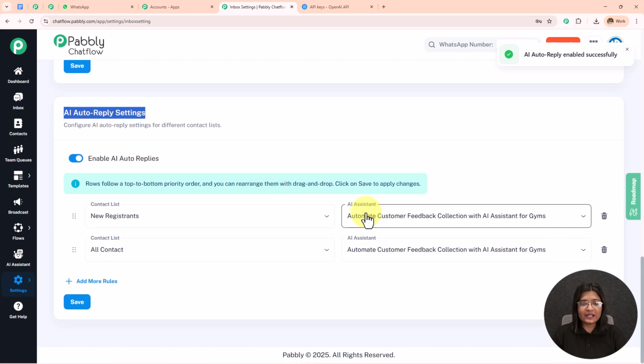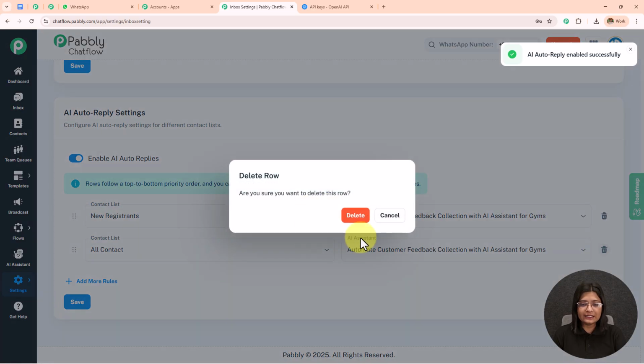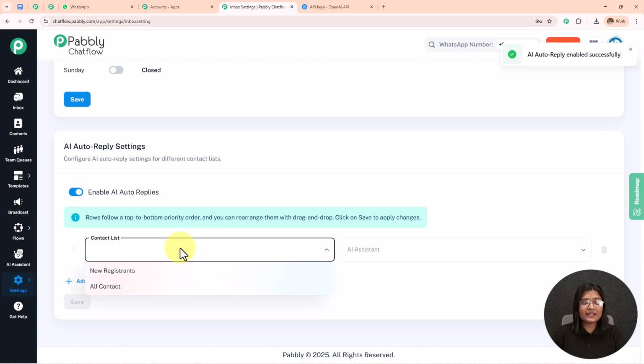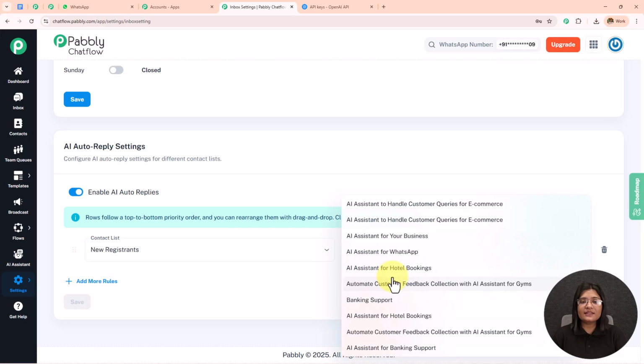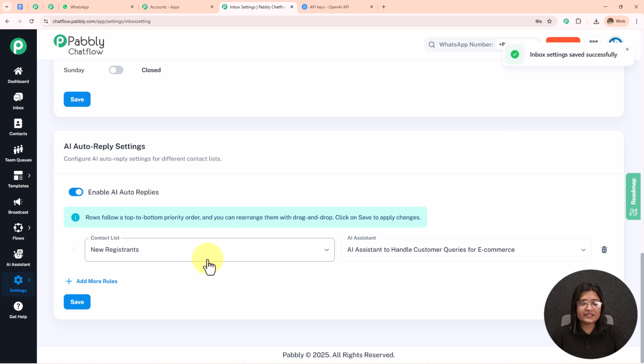Now over here I have created the list and I have this all contacts. First I'm going to delete this. And then what you can do, you can select the contact list. So this is the contact list which I have created, new registration. So I'm going to select this, and then I can assign any AI assistant to this particular contact list. So let's say this is the AI agent which I want to select. And then after that, you simply need to save this. You will see inbox settings saved successfully, and all the contacts in this particular new registrants will be assigned to